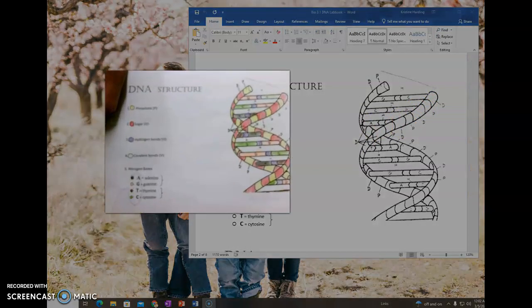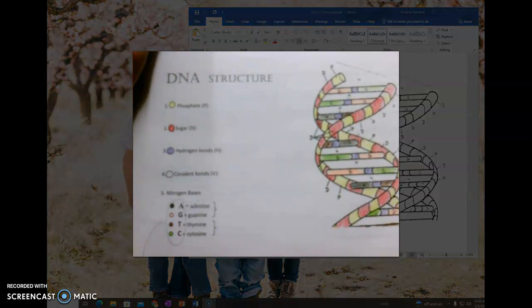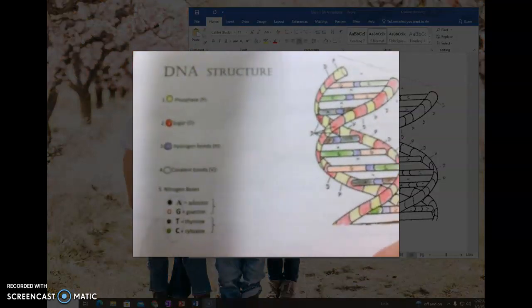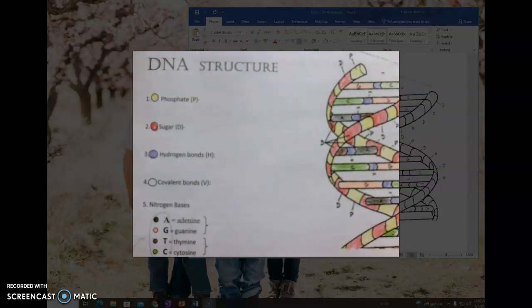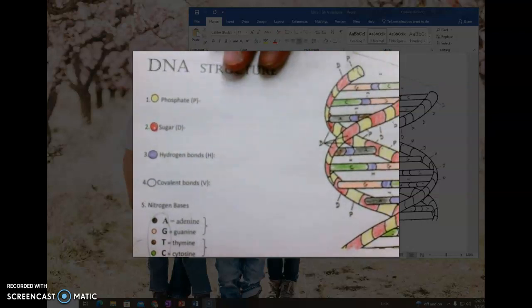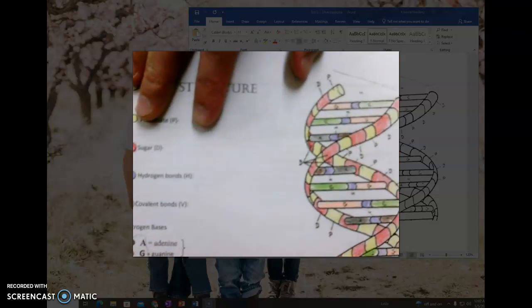I'm going to go ahead and flip over to a student example that I have here. Sorry, it's a little bit blurry, but you can get the idea. So there's their colors they chose. You got your phosphate, your sugar, the hydrogen bonds, in case you're wondering, well, where are the hydrogen bonds? So when it comes to the hydrogen bonds,